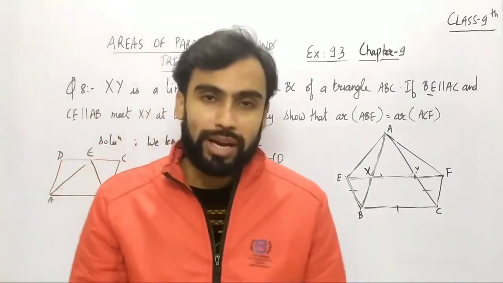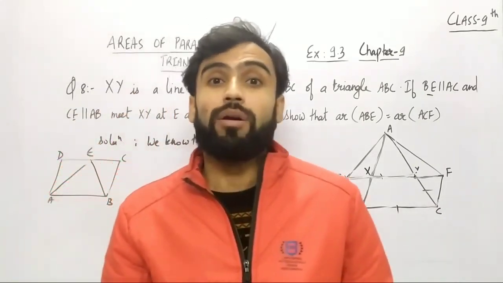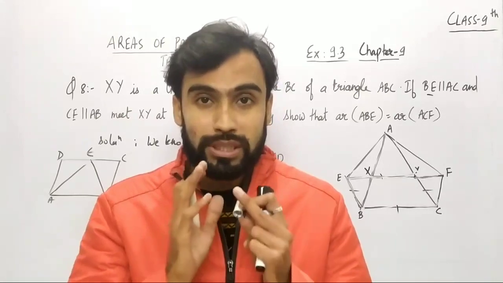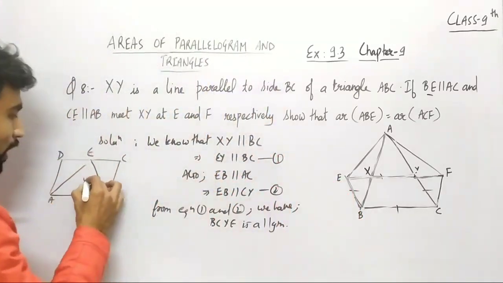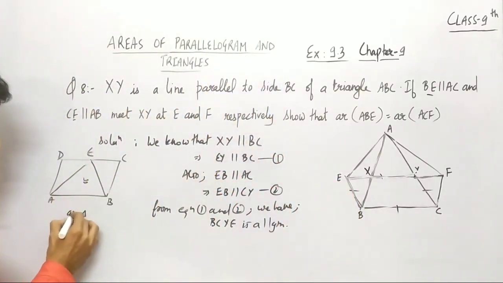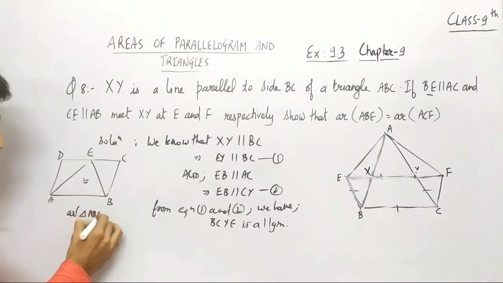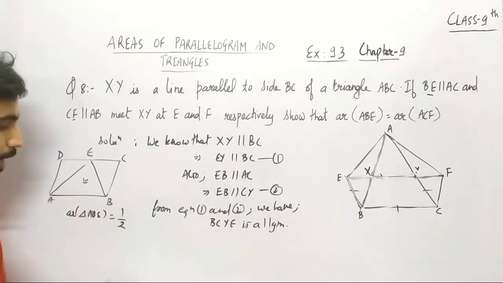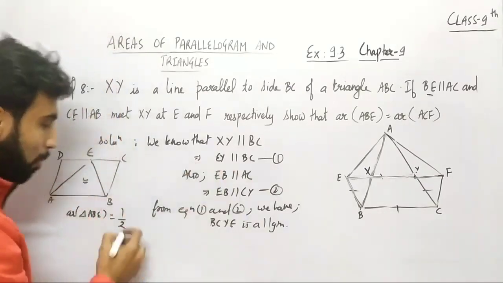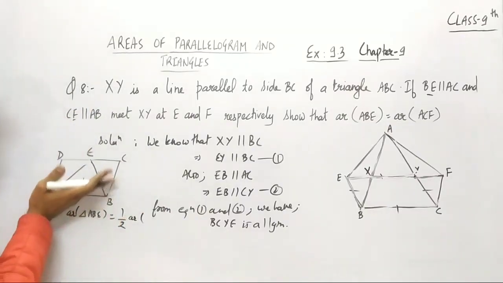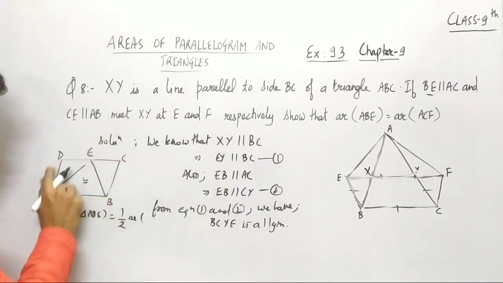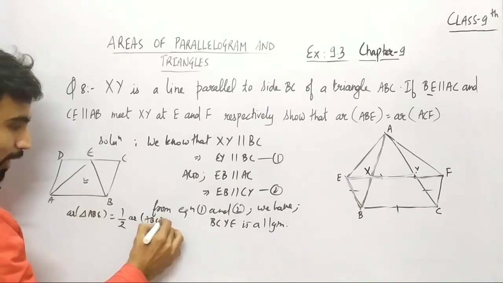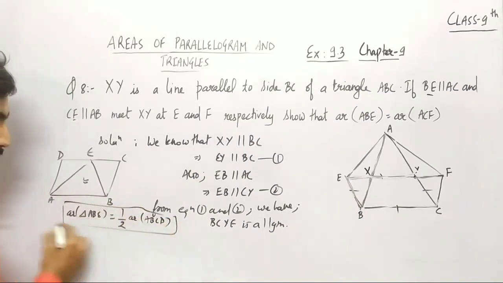So whenever a triangle and a parallelogram lie on the same base and between same parallels, तो जो triangle का area होता है, so the area of triangle forming there is equal to half of the parallelogram, which is lying on the same base and between same parallels. So यहाँ पे parallelogram कौन सा है? ABCD. So this is the conclusion by the property.